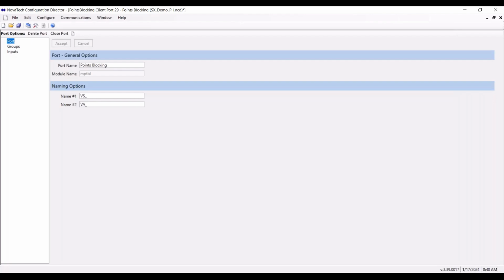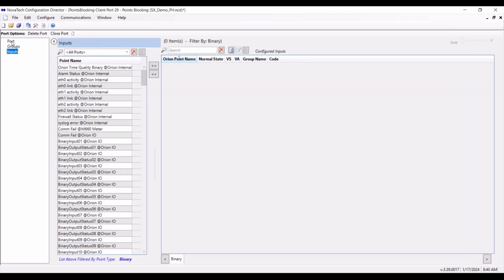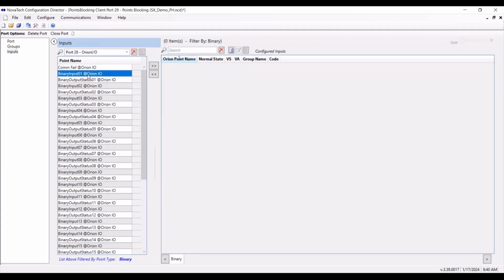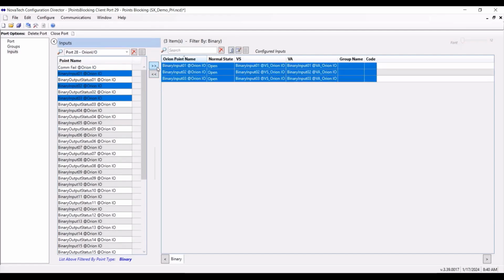So what some of our customers are using is points blocking, and we're going to quickly create a setting. I'm just going to have a setting for, let's say, my IO. Let's just say we're doing testing on these inputs and we're going to have it blocked. And so we actually have 2 sets of points that you can use to send up to SCADA or your